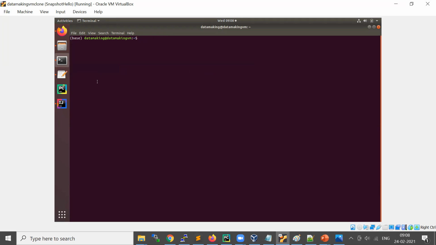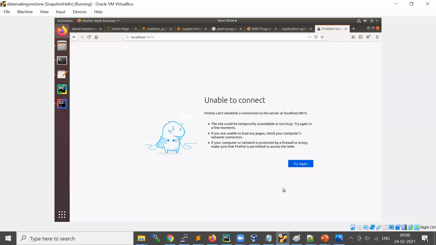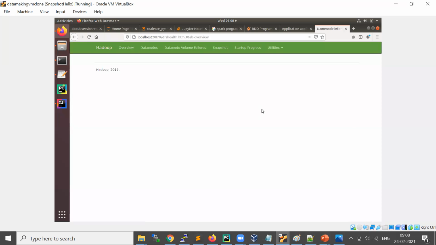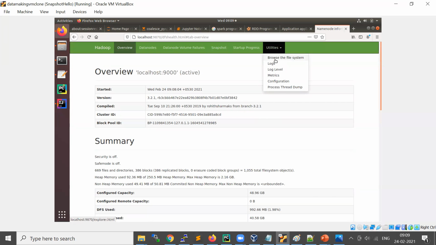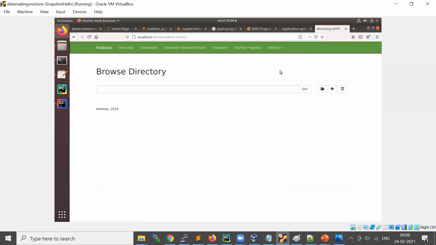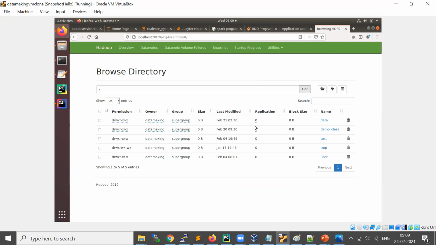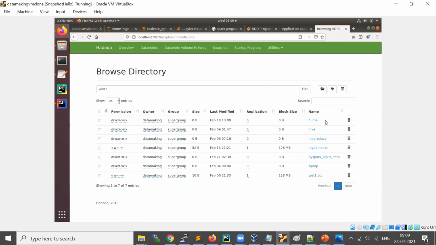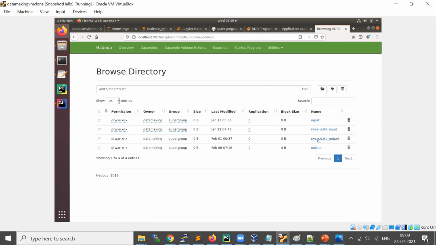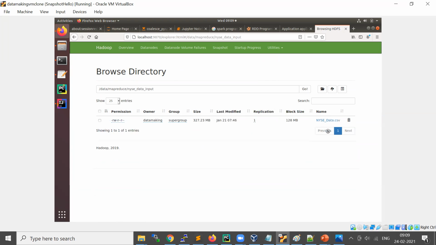Okay, now let's go and check it here. Browse the file system, and this is going to show you the HDFS directory. In the data directory, I have a subfolder MapReduce and the input folder, where I kept my file.